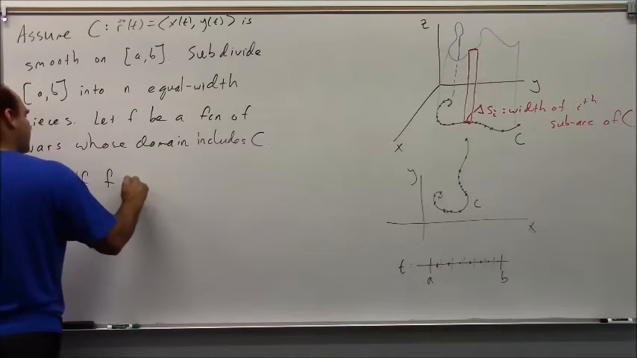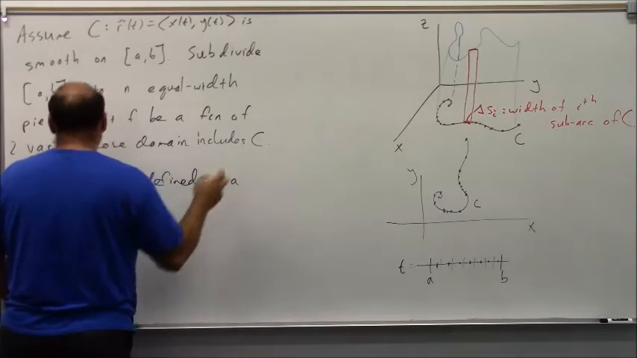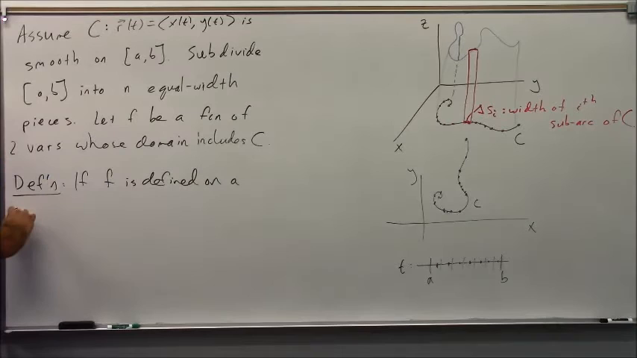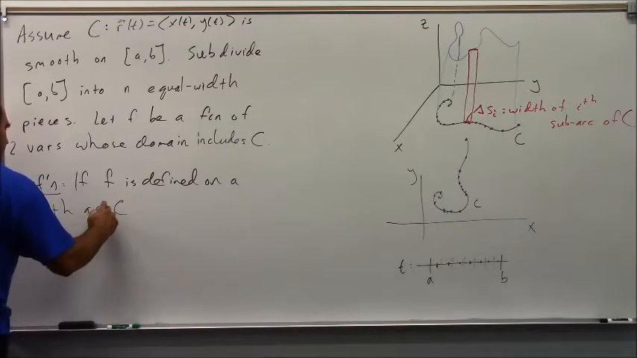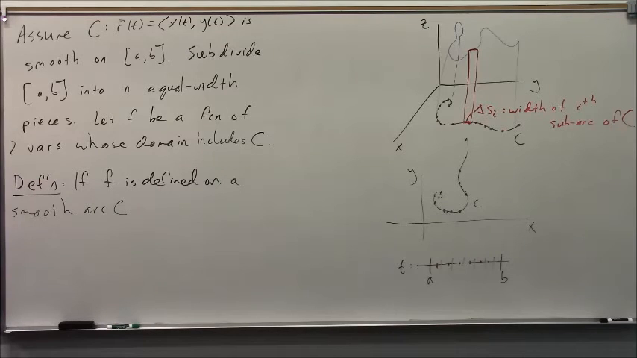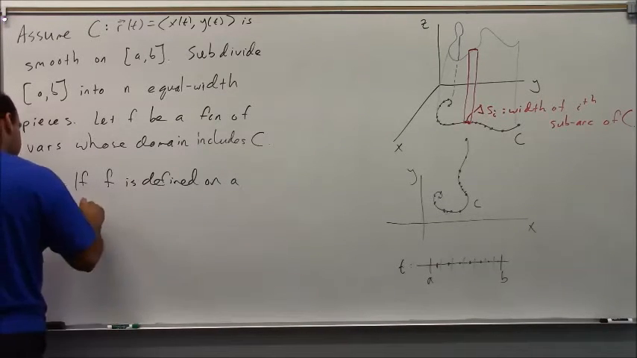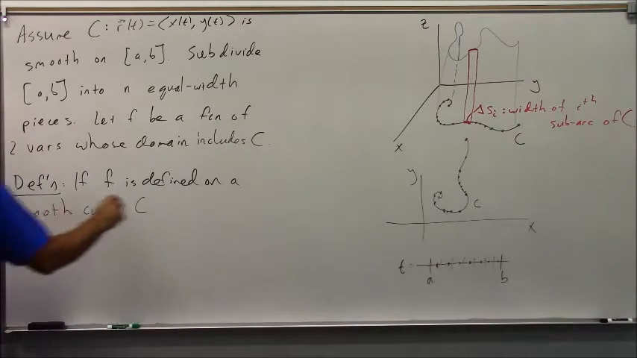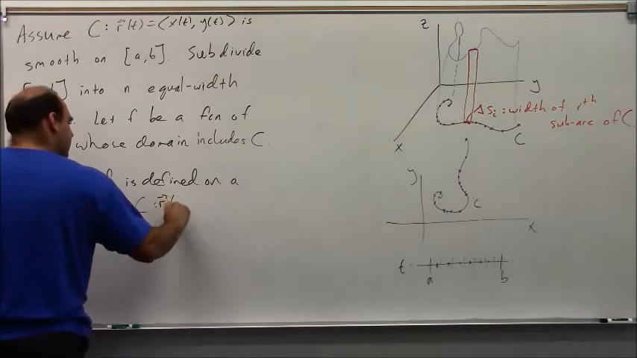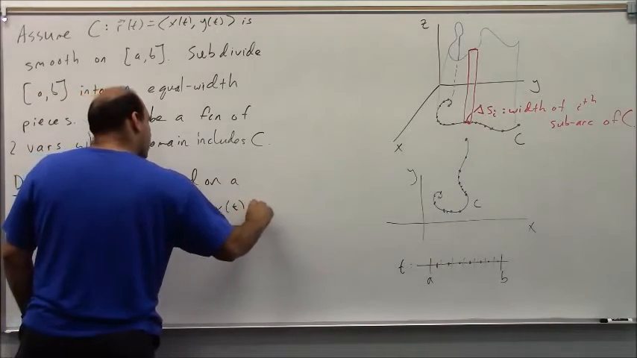If f is defined on a smooth curve C, given as above by r of t equals the vector x of t, y of t,